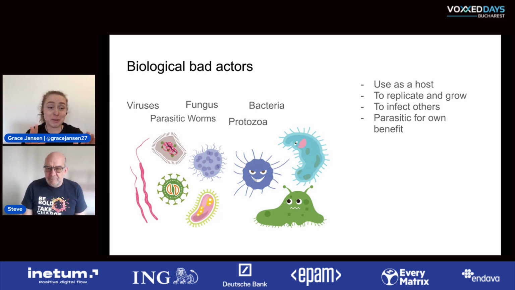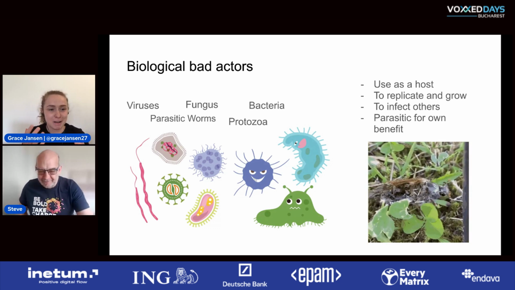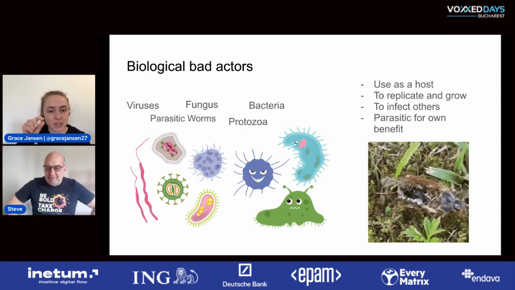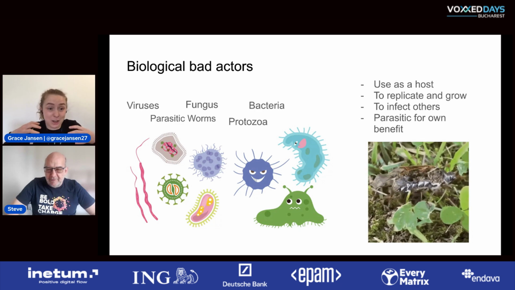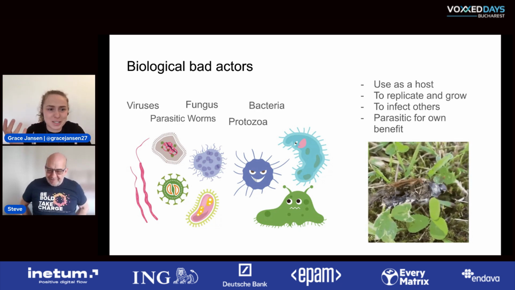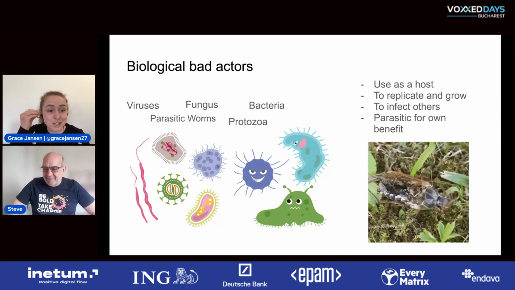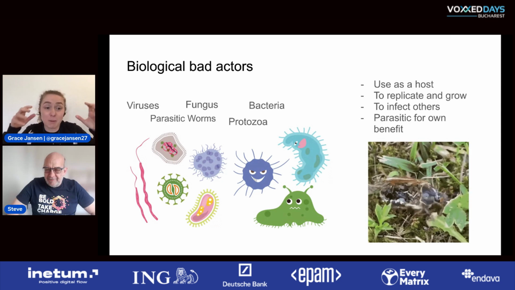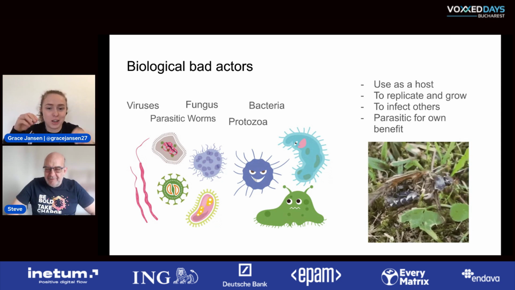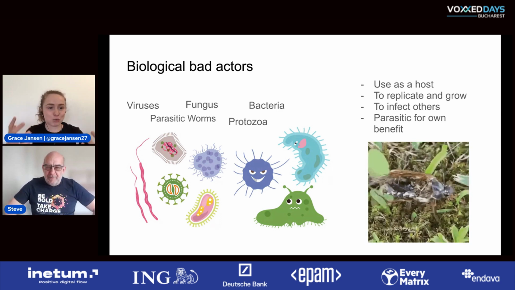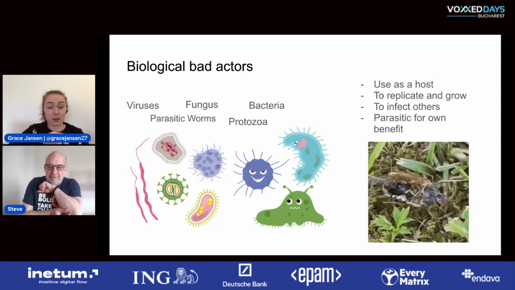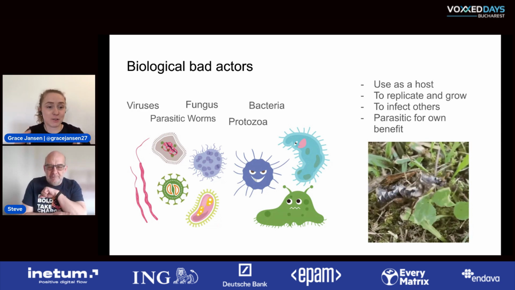So if you are squeamish, look away now, because it's a bit of a weird video coming up. But here's an example of what happens when a parasite gets in. So you'll see here, this is a beetle. And if you look closely, you'll actually see the inside of the beetle is completely hollow. So it is literally completely hollow on the inside. And you might be wondering, how on earth is it moving? Well, a parasitic worm has gotten into its brain and is literally controlling, like a puppet, all the movements in that beetle to get it to a place that will benefit it and probably end up killing the beetle. So this is a really extreme form of a biological bad actor getting in, completely taking over your system and using it for its own benefit.